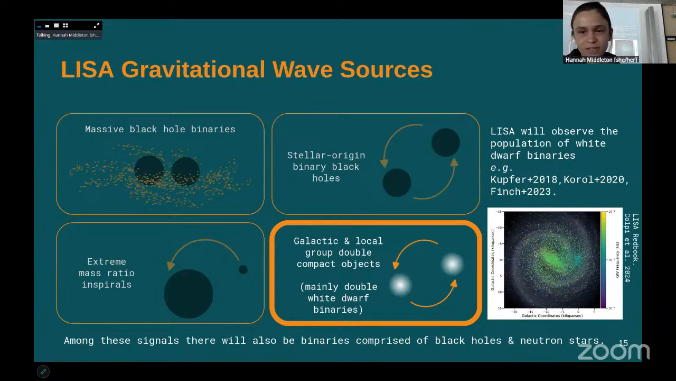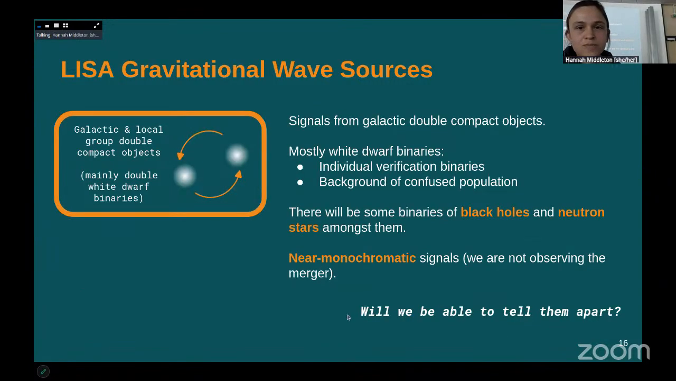You can see the galactic population of these systems, but there will also be black hole and neutron star binaries within this population. And this is what we're interested to see, whether or not we could distinguish them from the white dwarf binaries. So what we expect is